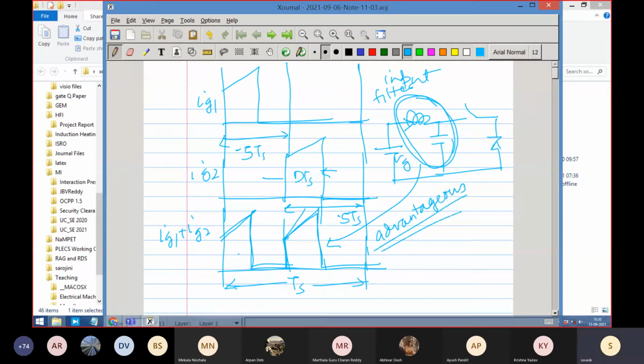This is an advantage, again, because this is a capacitor. The capacitor is seeing a pulsed current, a high frequency current. This is actually IG1 plus IG2. If they are in phase, you will get a current double, everything double. But here it is not double, it is high frequency, it is shifted. And this will work even if D is greater than 0.5. There is no problem, they get automatically summed up.